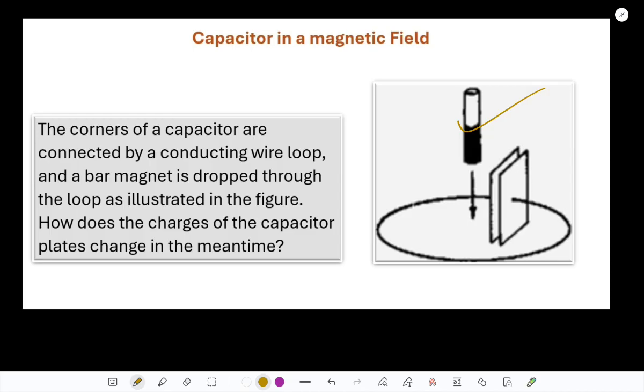So you need an answer, and I'm going to analyze the problem as the magnet approaches. The magnetic flux through the wire loop increases. An EMF is induced as per Faraday's law of electromagnetic induction, and the current in the loop starts to flow, which starts to charge the capacitor because the current is flowing through the loop, so it will start charging the capacitor,